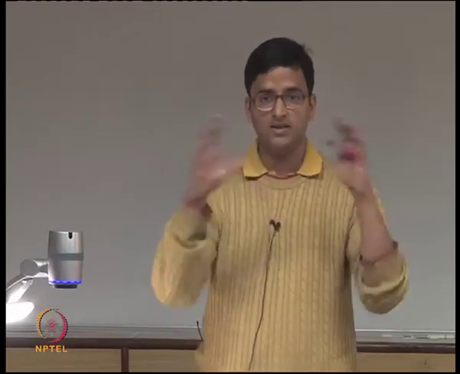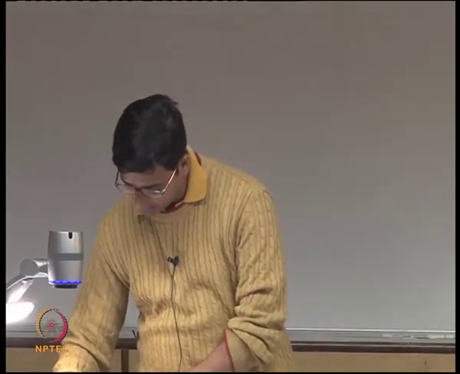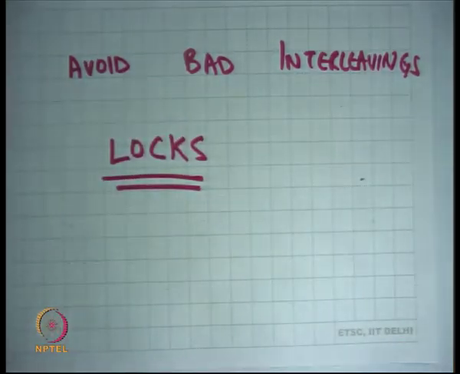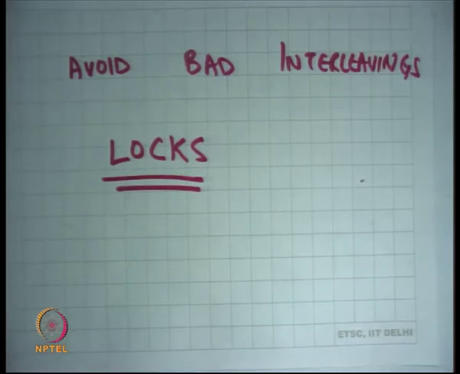There are several solutions to this problem, and the problem is in general a complex one, because there are different kinds of situations, and different kinds of situations require different types of solutions and responses from the programmer. But one common response that most programmers use is what's called locks, right. So what are locks? Well, locks allow you to implement this mutual exclusion, right.